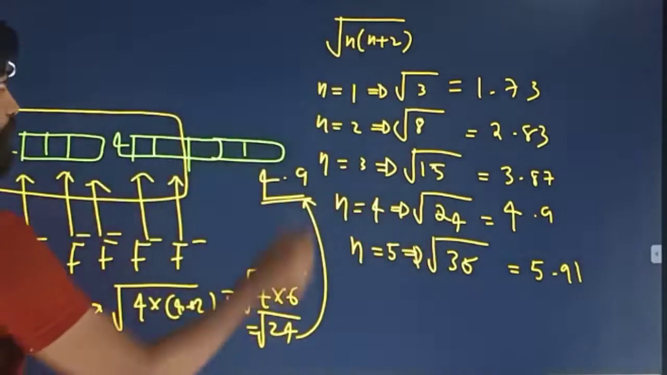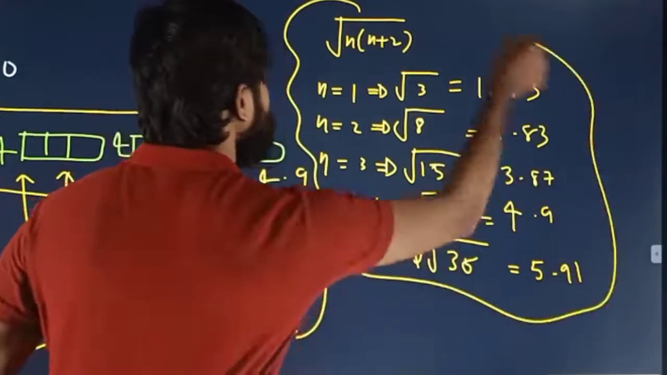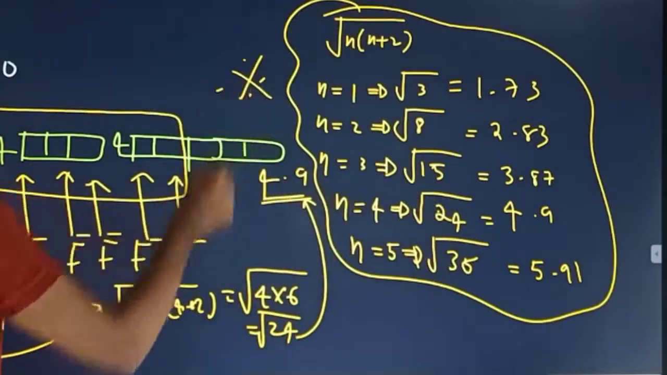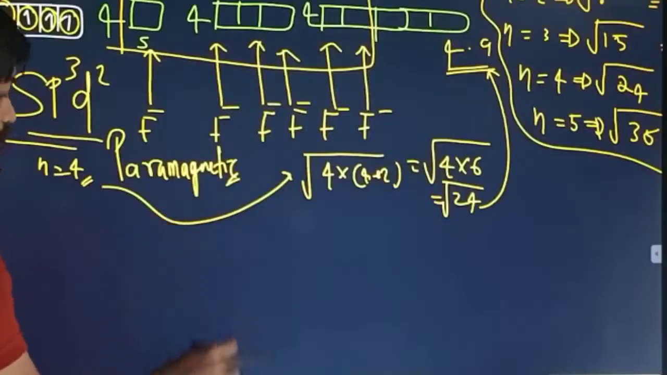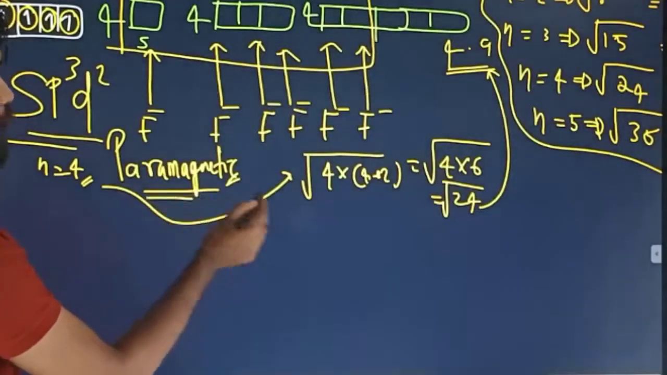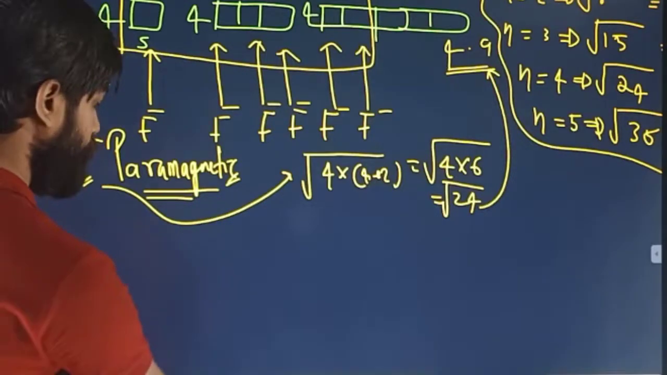Okay, so keep it in mind. This is important. So here the number of unpaired electrons is 4, so that's paramagnetic, the magnetic moment 4.9. Ready? So the next molecule